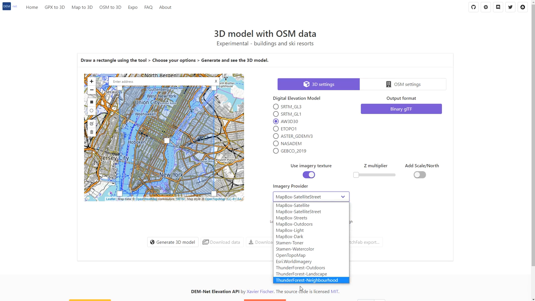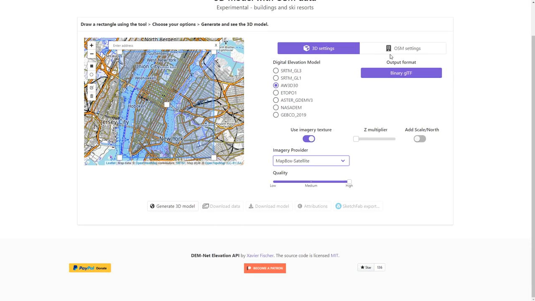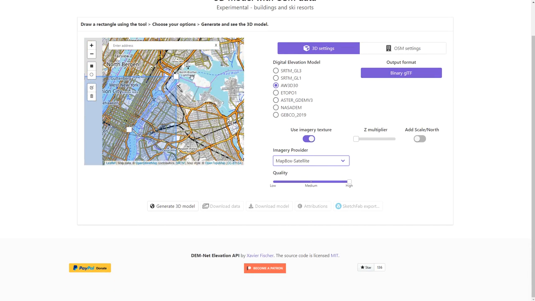So I tried some of them. Some of them are not available. Some of them are very interesting because there's just simply topographic data. I want to use the satellite without the street names, so I will use the Mapbox and I will put the higher quality. Output, in this case, because you're using OpenStreetMap, you can only export as a binary GLTF,